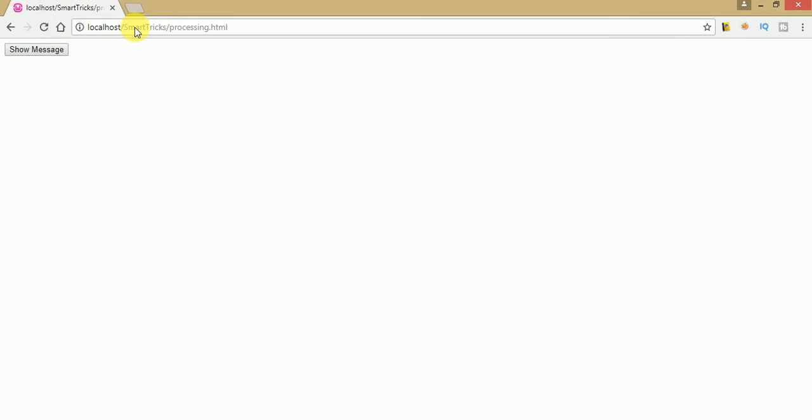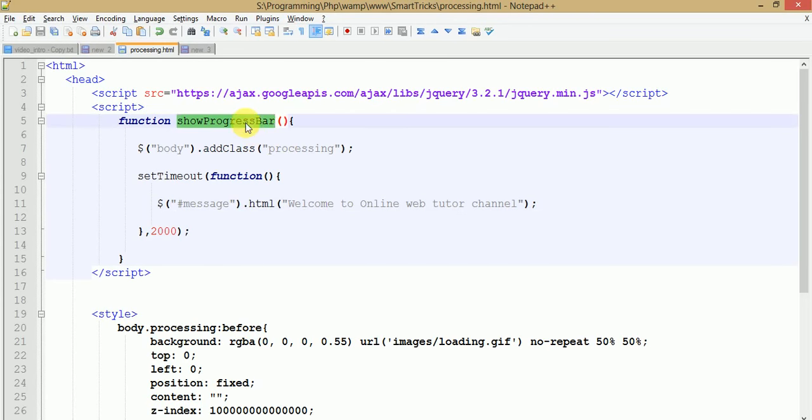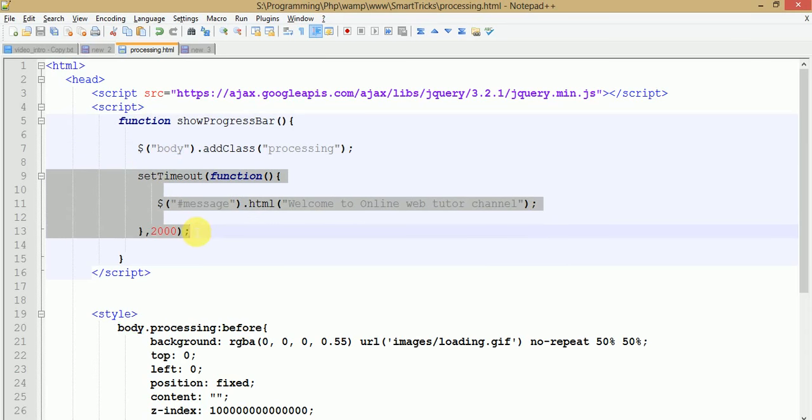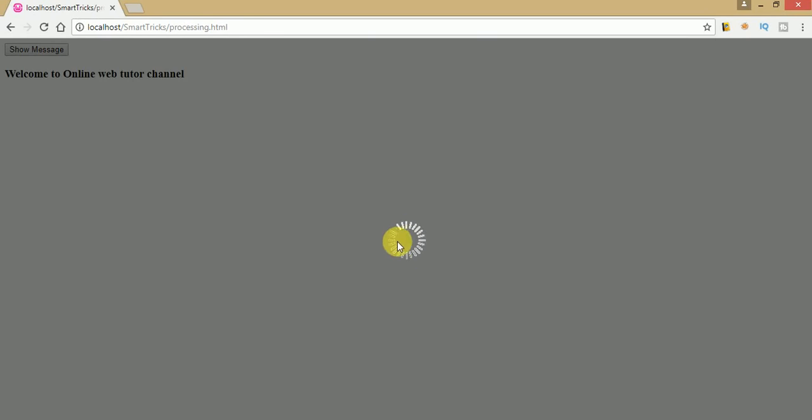So just save this file and refresh this page. Just click on this button. While clicking on this button it calls the showProgressBar event. After this event we add the class processing to our body tag, and it executes, and after 2 milliseconds, meaning 2 seconds, it will print a message to the h3 tag. So just click on this button. We will get a progress bar as you can see, and after 2 seconds it loaded the message within the h3